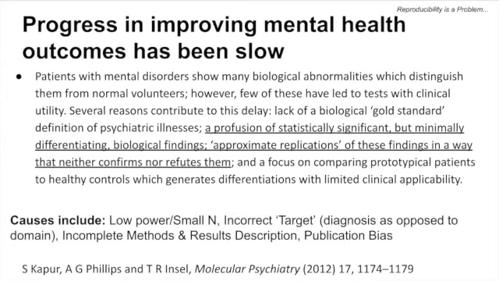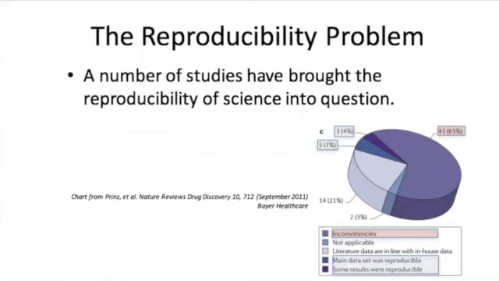There's lots of reasons, as I was mentioning. Here's again another one of my repro-isms: everything is underpowered, and we need to look for the right targets, and diagnosis itself may not be the right target, and we don't really publish things completely in our typical publication, and we tend to only publish the positive findings and thus build up a positively biased literature that doesn't self-correct very well. And again, not to belabor the point, most people who are listening to this probably mostly believe that there is a reproducibility problem.